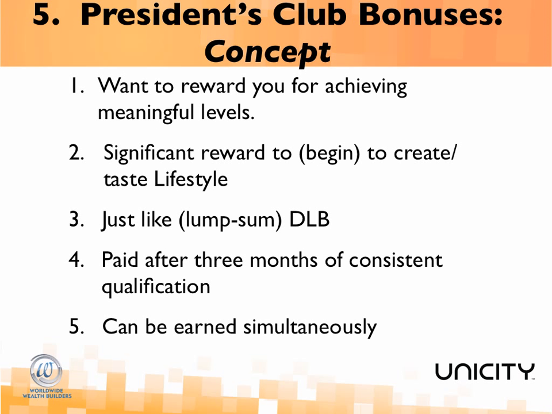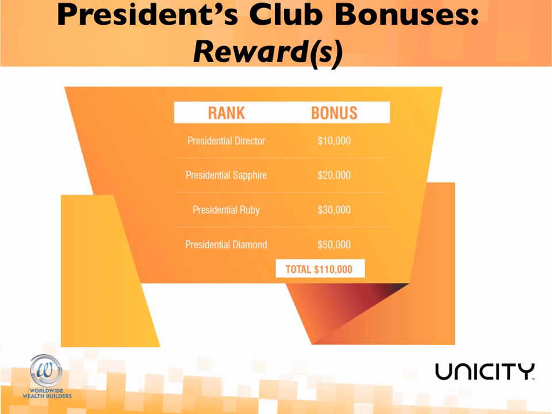I make the point again that all these bonuses can be paid simultaneously. And I just had a person just last month, actually. Their first month qualification was Sapphire. Their second month was Ruby. Their third month was Diamond. So they were paid out the Sapphire after the 3 months, but they were already 2 months into their Ruby and 1 month into their Diamond. So you can set these up quite quickly, particularly if you're growing quite promptly. And if you're teaching people to do what you've just done, and if you're consistent and they are doing what you've just done, you can grow consistently and rapidly.